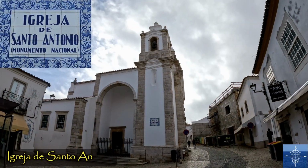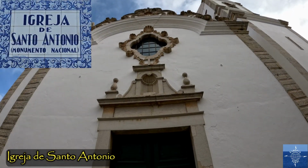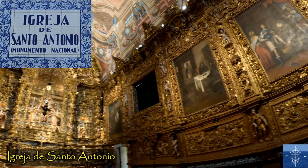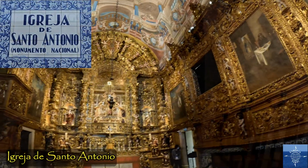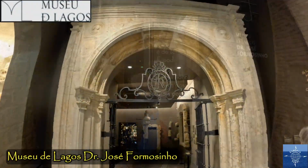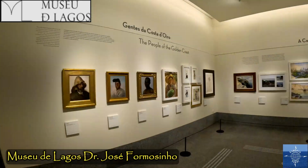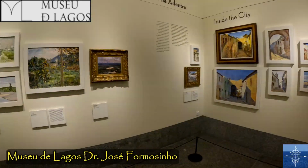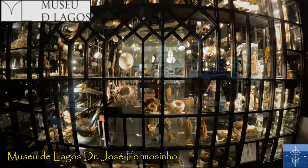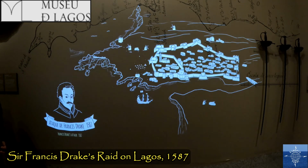The 1707 Church of St. Anthony, a beautiful church in its own right, is home to the Lagos Museum. Founded by local archaeologist Dr. Jose Formosino, its collection includes building artifacts, artwork, an eclectic artifact collection, and animated presentations of key historical events like